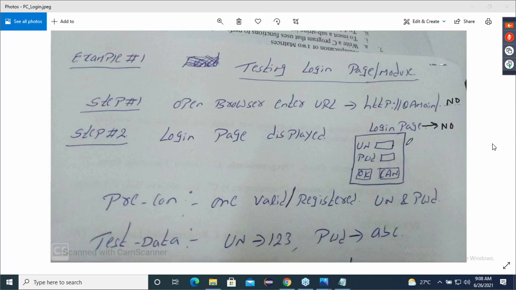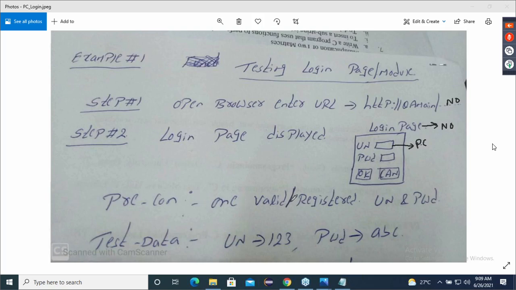Next, username and password. Yes, this is my first precondition. Now listen carefully. As soon as you get your first precondition, you should open the test case. In the header portion, you should write. See, precondition and test data are attributes of a test case. Yes or no? See, these navigation steps, everything is rough work, guys. Please understand, this is rough work which I'm doing. Now, as soon as I get my first precondition, open the test case.